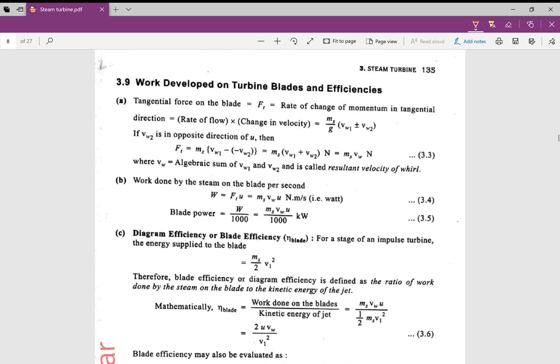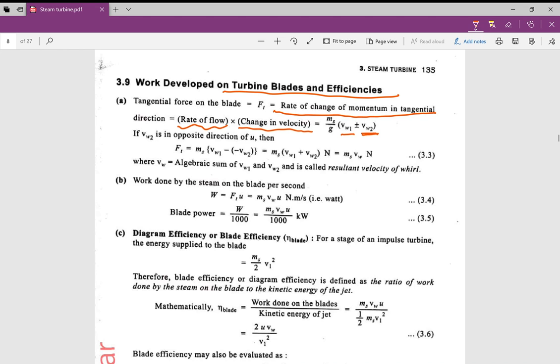Right. Now, dear students, very important: how to calculate work done on a steam turbine and effective efficiencies. We know already that the tangential force on the blade is the rate of change of momentum in the tangential direction, that is, mass into change in velocity. By Newton's second law of motion, tangential force is equal to rate of flow into change in velocity, as I told earlier. So ms upon g, Vw1 plus or minus Vw2,